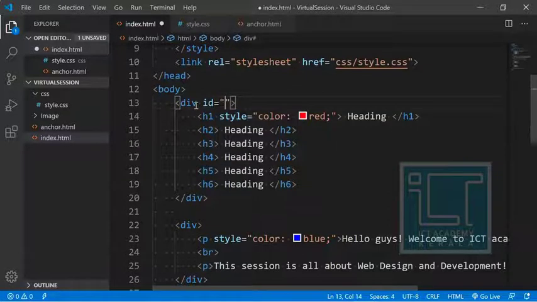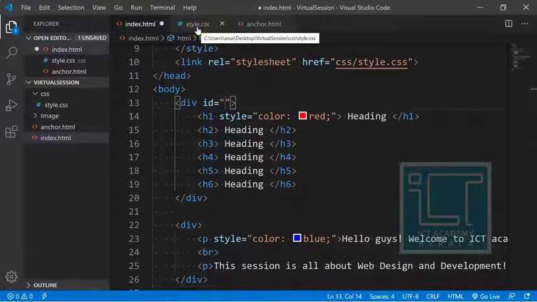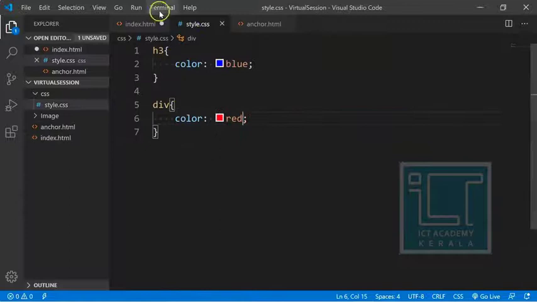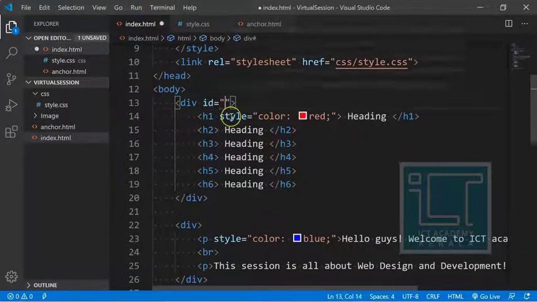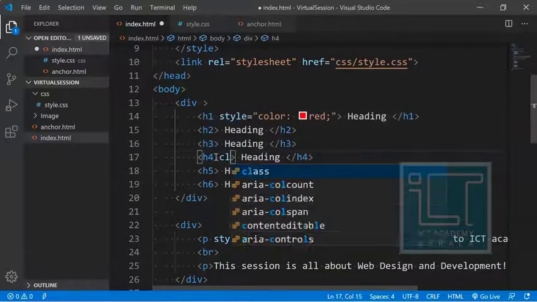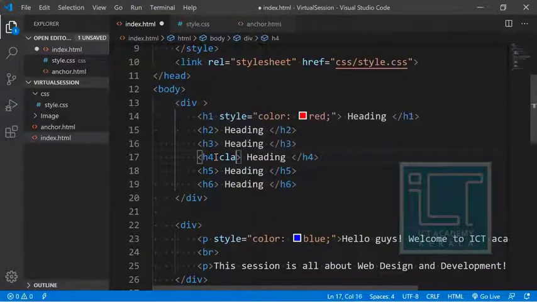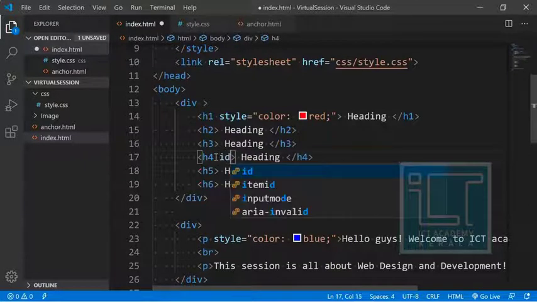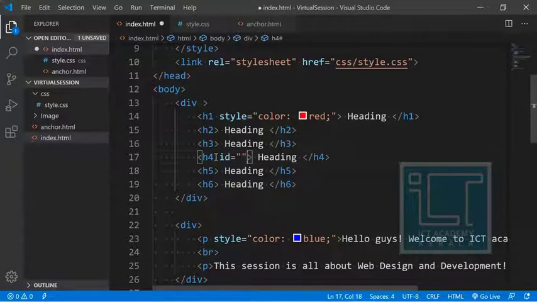These are the 2 properties to call a particular or unique tag in CSS. Not only for div, you can give the class attribute and ID attribute to any other tag available in HTML.